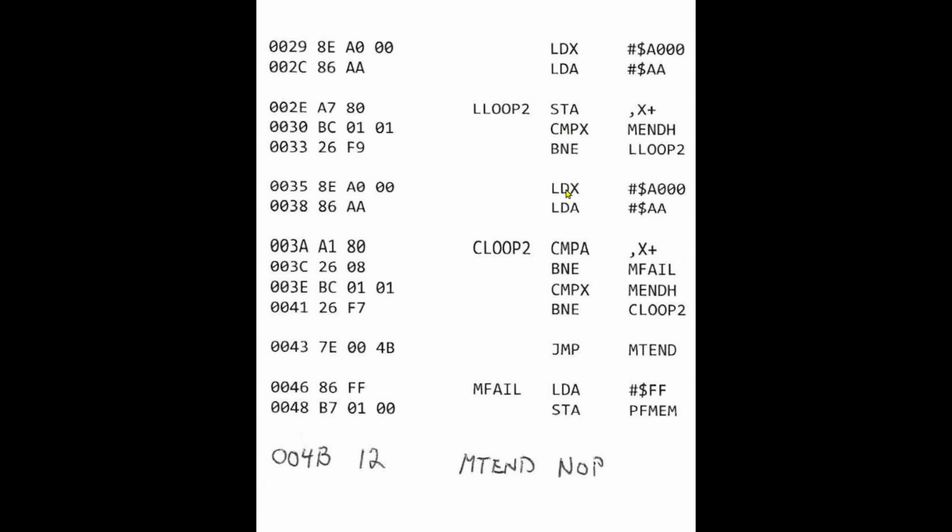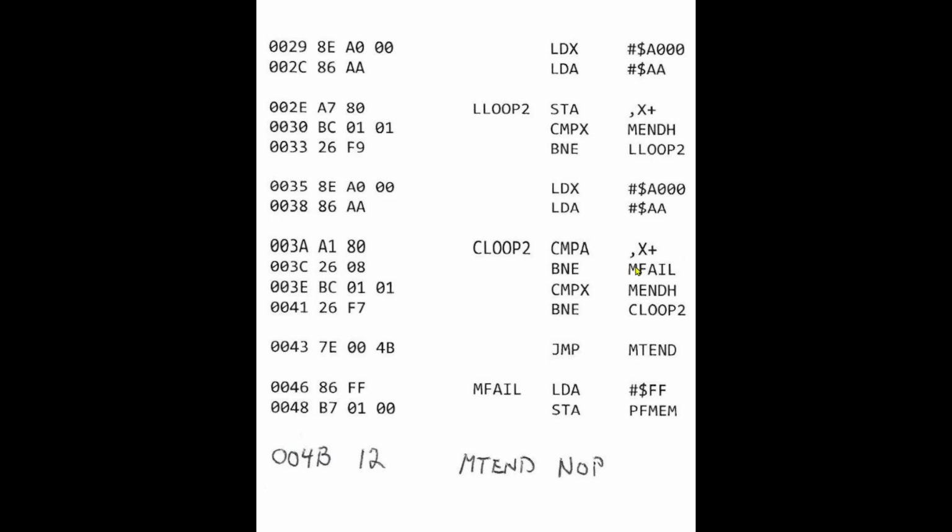Then we jump over here, we reset our address in the X index register to A000. We're at the beginning of the RAM again, the RAM under test. We load the A register with the value AA. That's 1010, 1010. And down here again, we're going to compare what's in the X index register memory, A000,